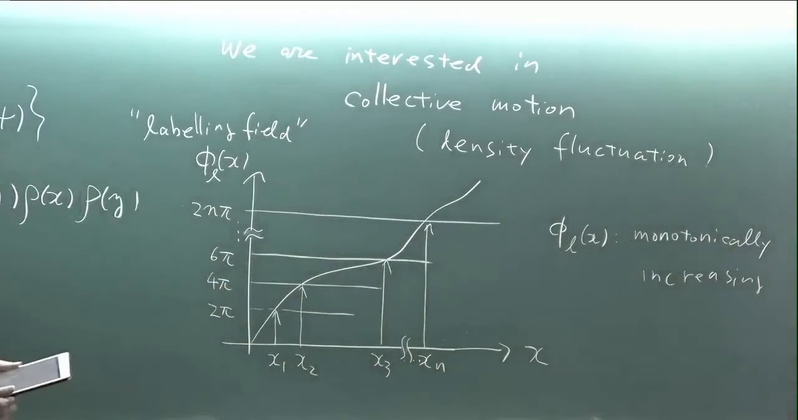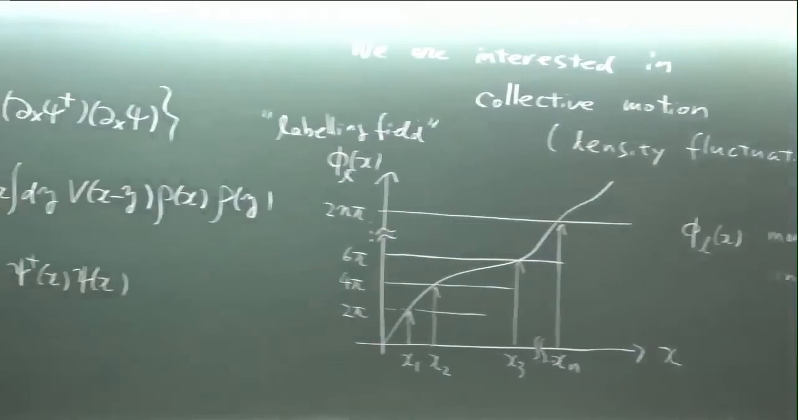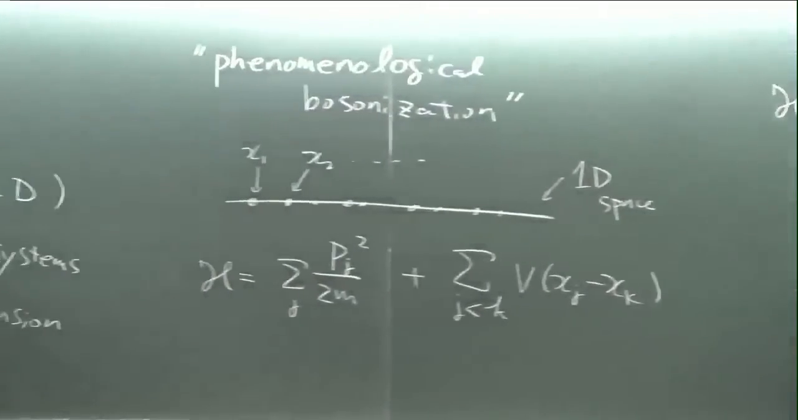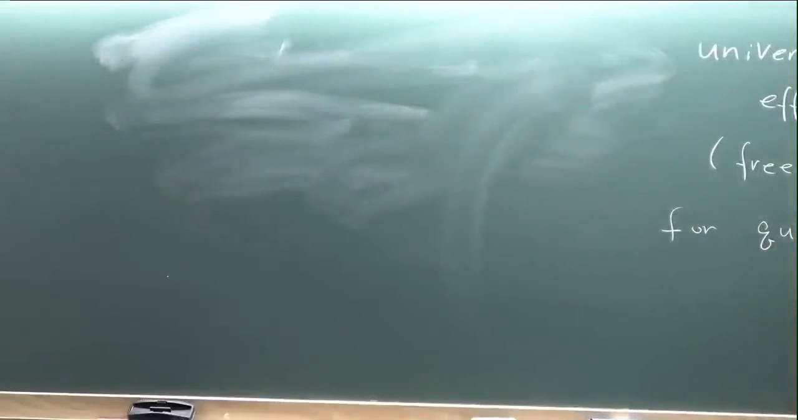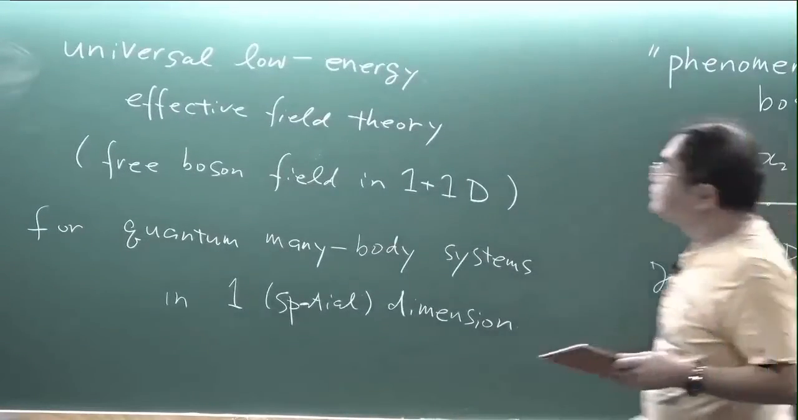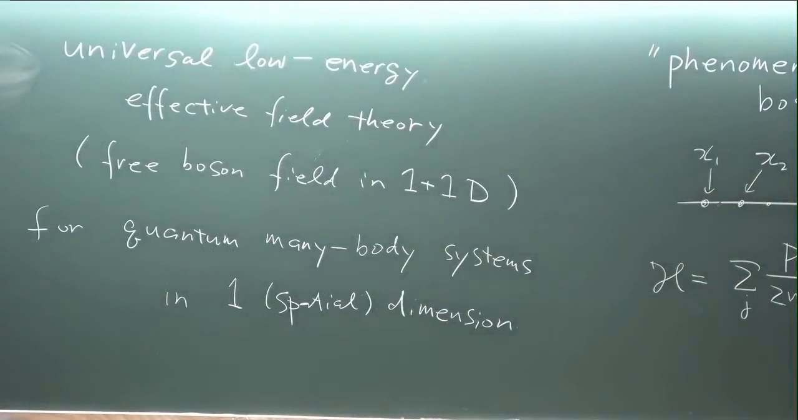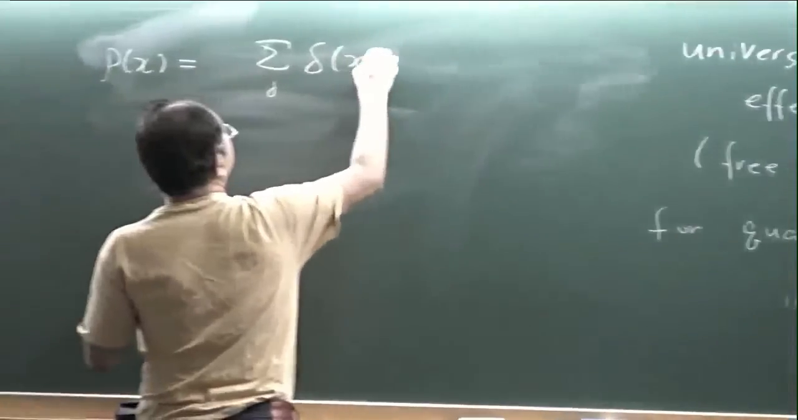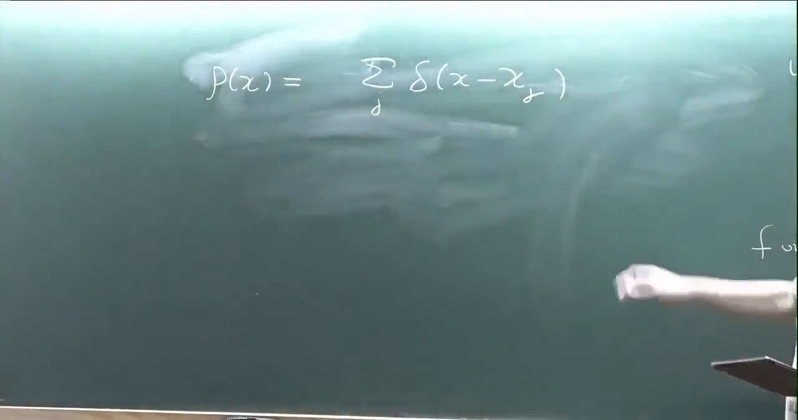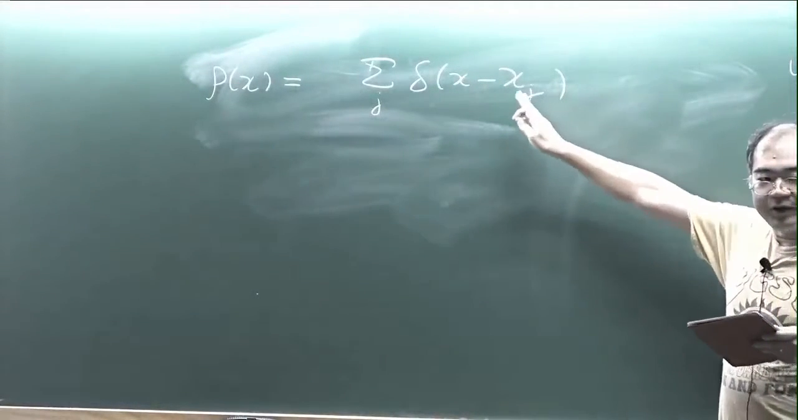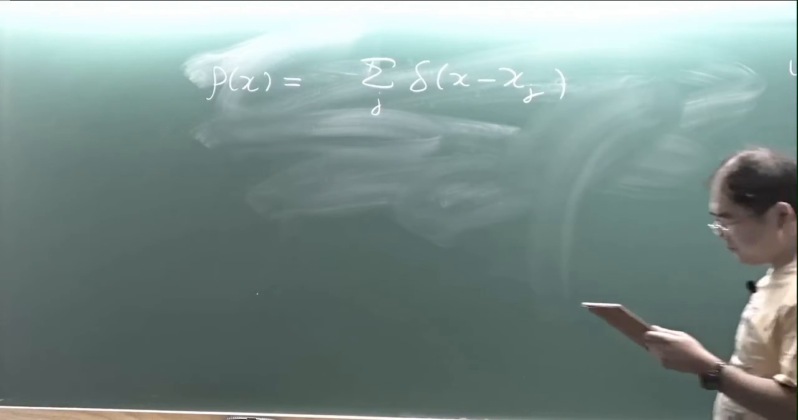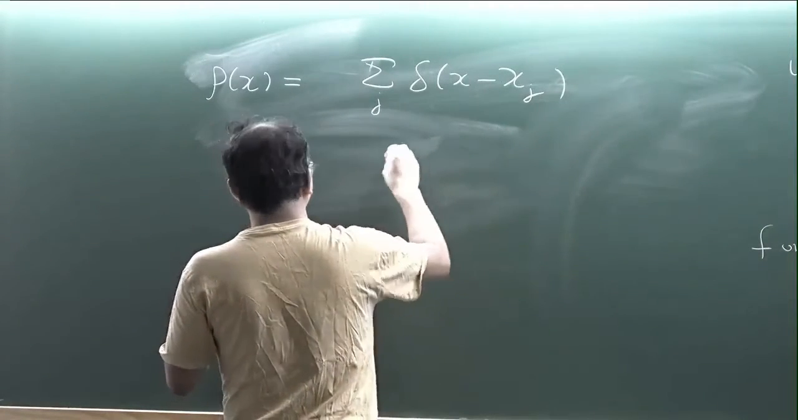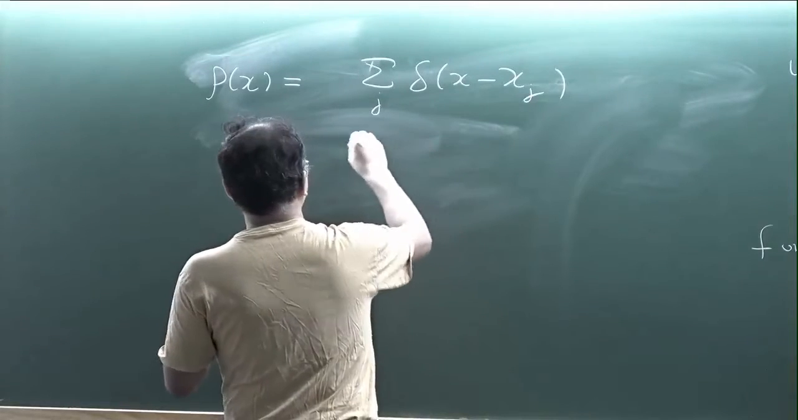So once you introduce this field, the density of the particles can be represented by this labyrinth field, because, by definition, the density of the particle is given by sum of delta function located at the position of each particle. Then, using the property of delta function, the definition of the labyrinth field, this can be replaced by